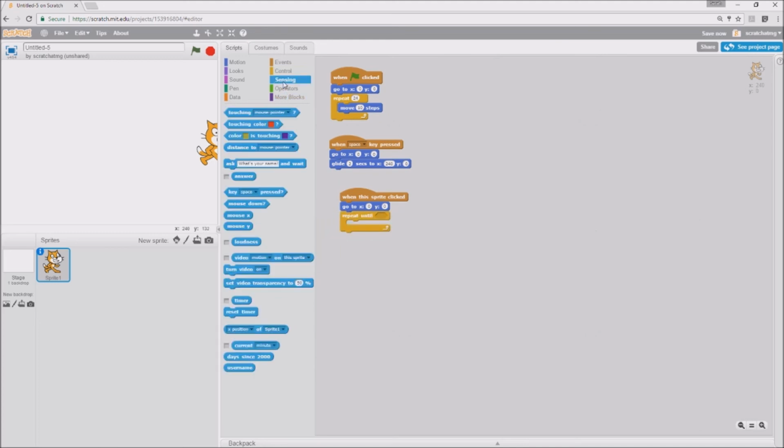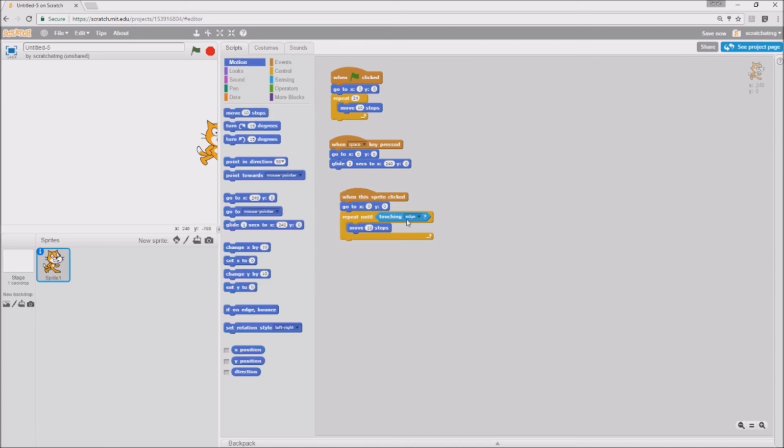And you're going to go to the sensing blocks, and you can use the touching edge. So use the pull down menu and select edge, and that would be the edge of the stage. So you use the sensing block touching edge,